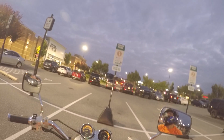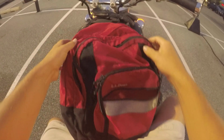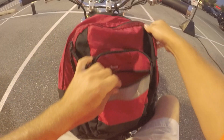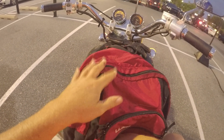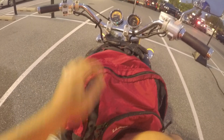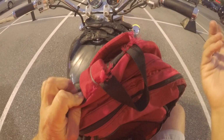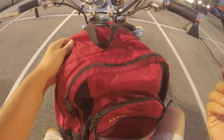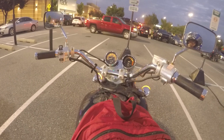So we're sitting in curbside pickup waiting for Dick's to bring out shoes, which I'm going to put in this kid's backpack. This red LL Bean that I sold. I sold one on eBay, and then someone sent this back to me saying that it was torn. This was not my backpack, guys. Mine was brand new. And they sent this back to me. So anyway,